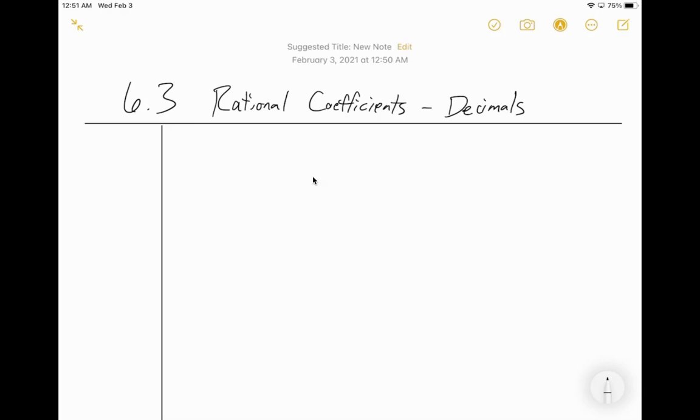So the first problem I have here is 0.8m is equal to 6.4. All right, so decimals are kind of harder to work with. They sometimes get a little bit confusing. So one of the main strategies that I like to use is to not have decimals at all. What do we mean? Well,